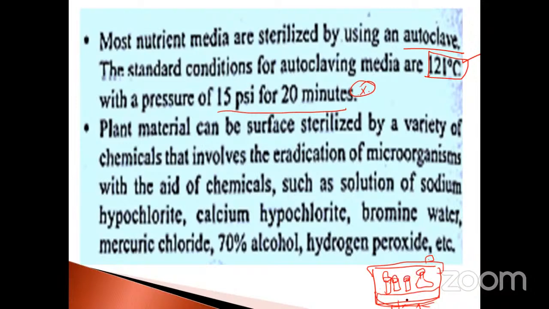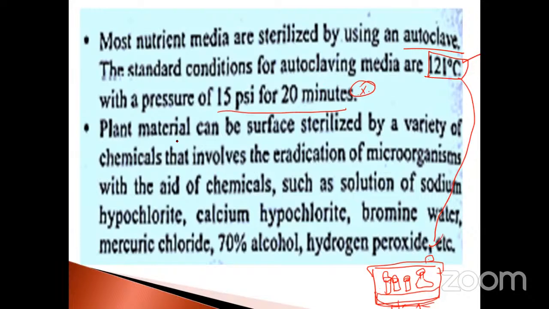Then only, on the inner side you have to wash with the alcohol, and chemical substances also you have to use, particularly 0.1% HCl and nitric acid were used. After that, alcohol was used, and then wrapped with the paper and then placed inside the oven and closed it and kept at how many degrees Celsius? 121 degrees Celsius. How many minutes you have to take? 15 psi and 20 minutes.